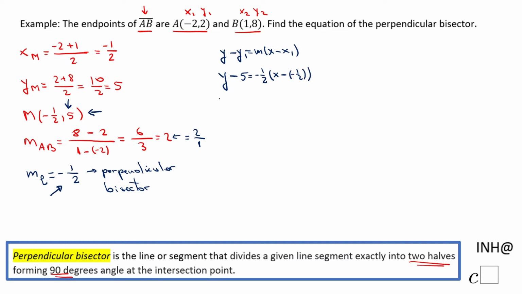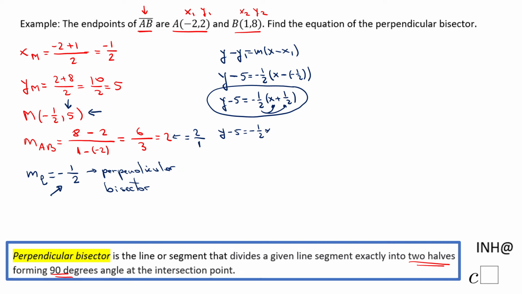The next thing I'm going to do is simplify the double negative inside of the parentheses, and I have x plus 1/2. This is a good form. This is the point slope form of the perpendicular bisector, but sometimes you may need what we call the slope intercept form. So you may want to do the distributive property: y minus 5 equals -1/2 x, and then -1/2 times +1/2